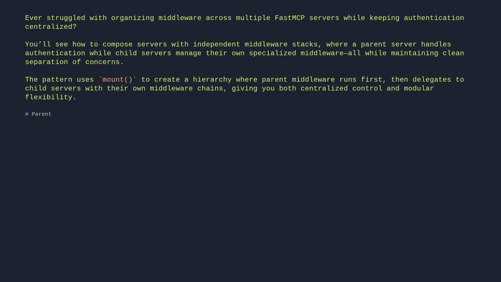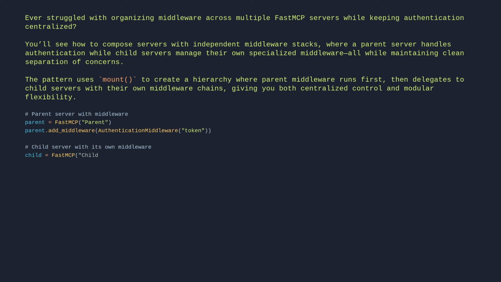# Parent server with middleware. parent = FastMCP("parent"). parent.add_middleware(AuthenticationMiddleware(token)). # Child server with its own middleware. child = FastMCP("child"). child.add_middleware(LoggingMiddleware()). @child.tool def child_tool() -> str: return "from child". # Mount the child server. parent.mount("child", prefix="child")